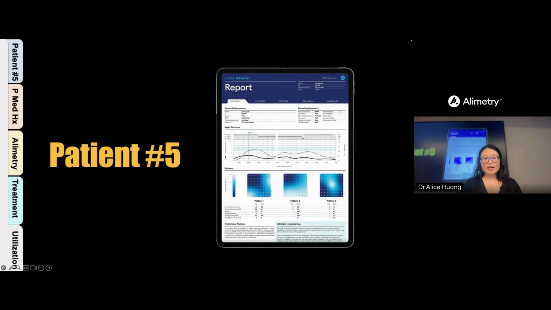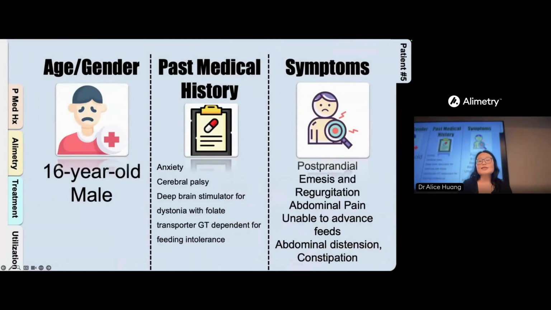So, our final patient is a 16-year-old male. He has cerebral palsy, anxiety, and a deep brain stimulator for dystonia. He had a long-standing history of feeding intolerance that required a G tube. I was mainly seeing him for postprandial emesis, regurgitation, what appeared to be abdominal pain and irritability after G tube